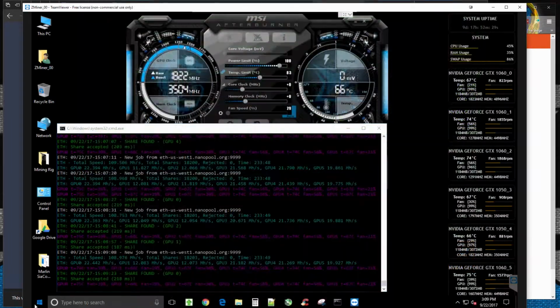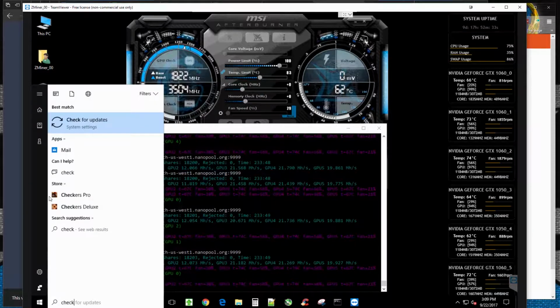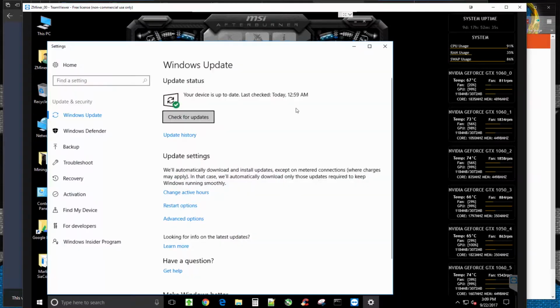do is go to your start menu and type in check for updates, and then hit this check for updates button, and it would actually detect your GPUs and start downloading and installing the drivers you would need to utilize. For my situation, that was the best way to get the drivers installed. It does take a few reboots and whatnot, but if everything went correctly, what you'll be able to do at that point